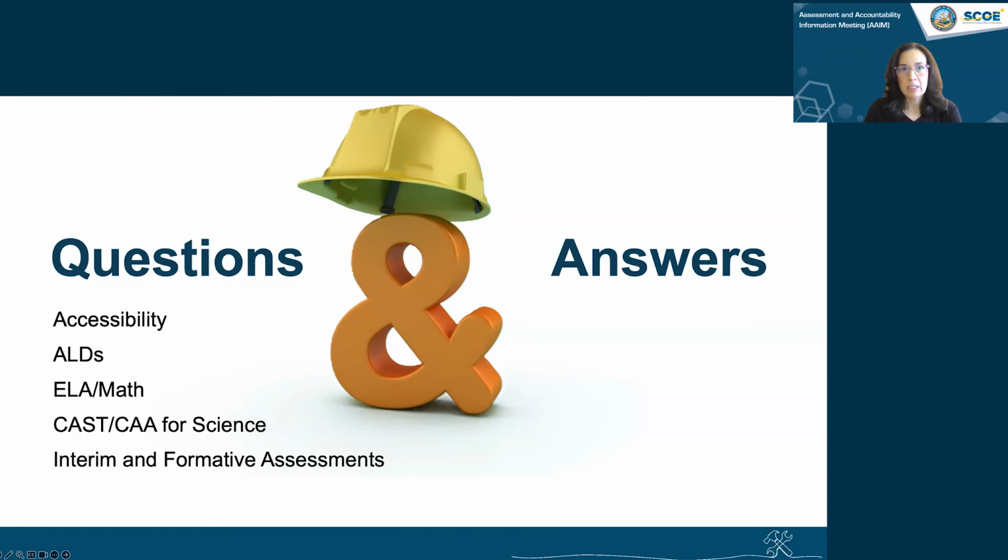So we really encourage the district test coordinators to assign those TOMS roles as early in the school year as possible. As Rebecca mentioned earlier, the CAASPP and ELPAC interim assessments for this school year became available earlier this month. And so we would encourage those TOMS roles to be assigned as soon as possible for access.